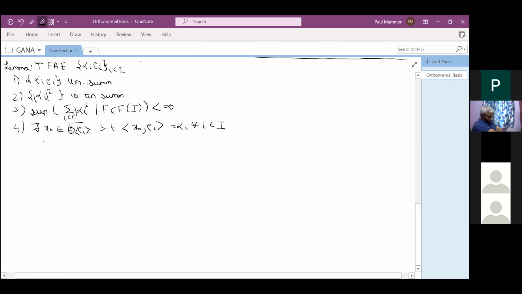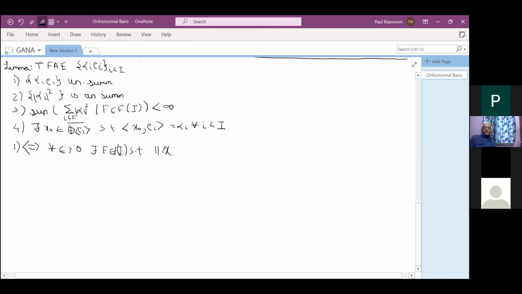So note that this lemma essentially is going to give us that for a maximal set, the entire span is going to be the Hilbert space H. So 1, if and only if for all epsilon greater than 0, there exists F belonging to F of I such that mod of xf, where xf is just what we defined before, is less than epsilon, where xf is equal to sigma, and if and only if for all epsilon greater than 0 there exists f belonging to F of I such that